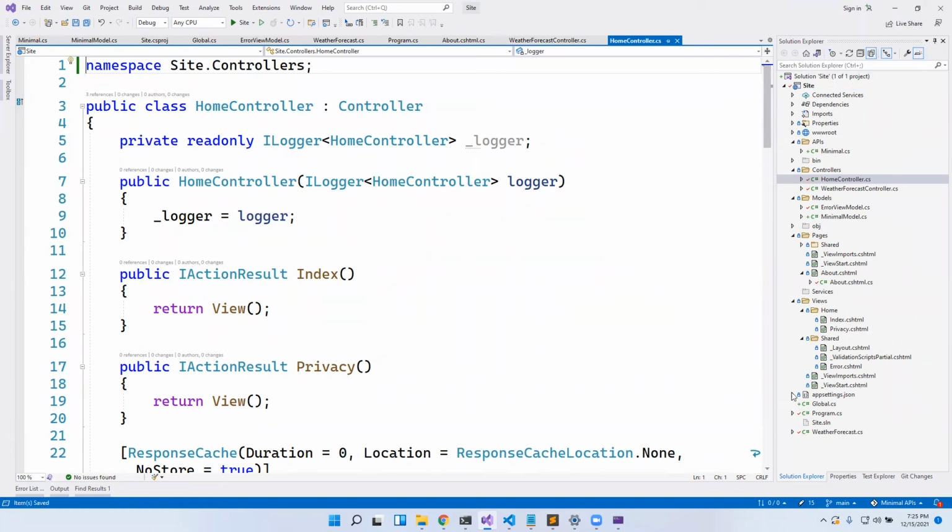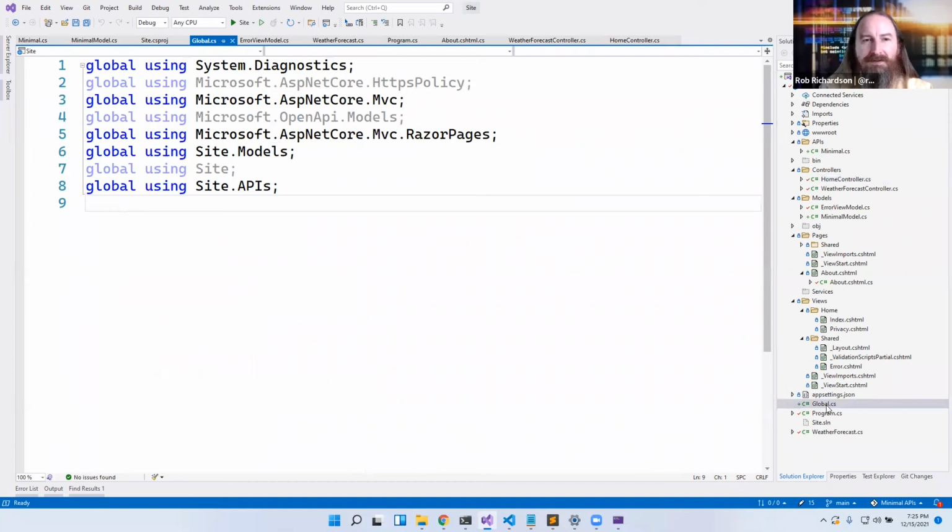Yeah. And that's why I think that global.cs is a good convention. They very specifically did not require it. So I could have put these anywhere. I could have put them in this file. I could have put them in the top of my program.cs. But wherever you do it, be consistent about those